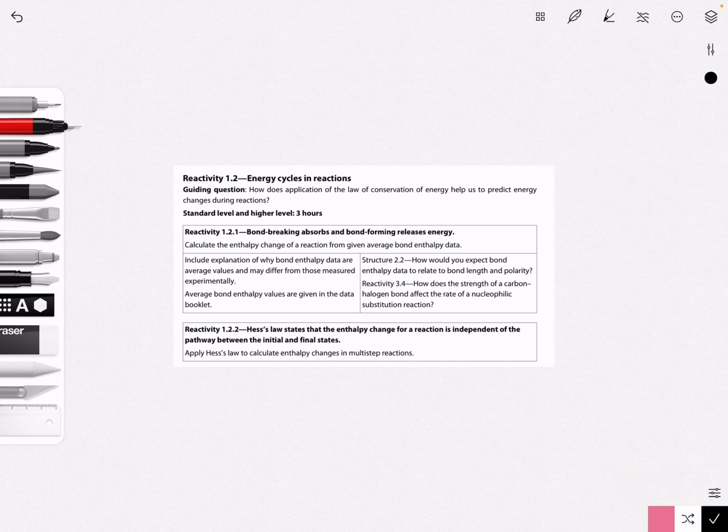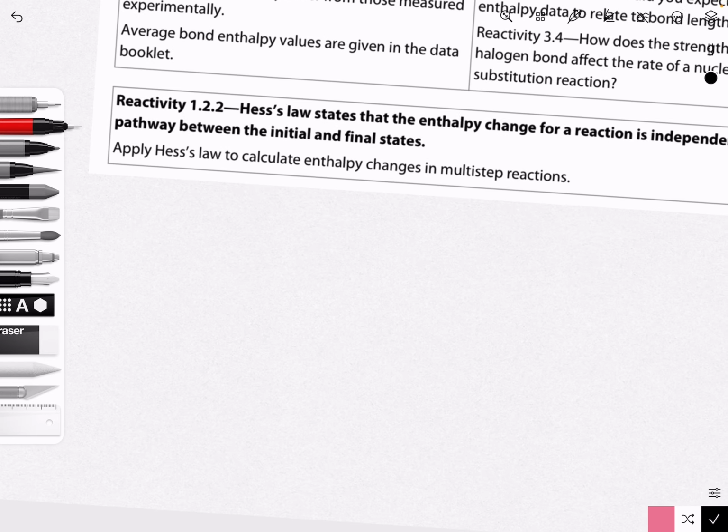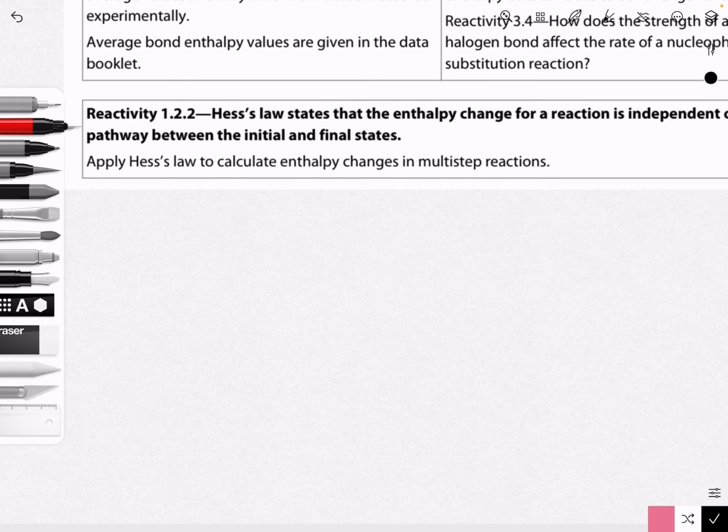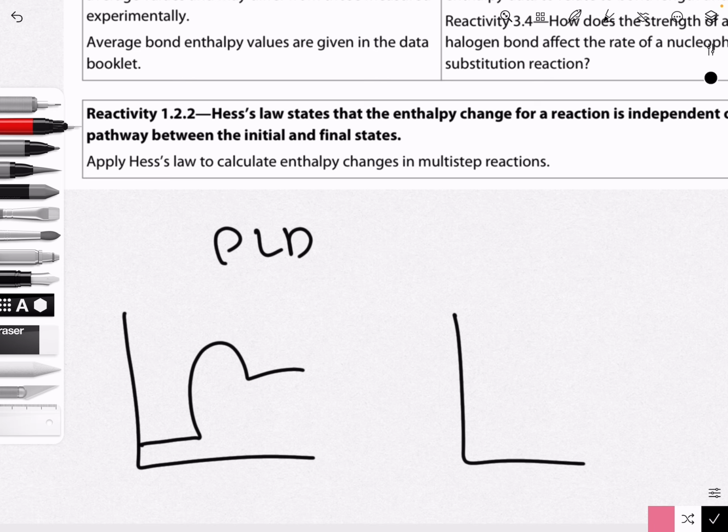Today we're going to be looking at energy cycles in reactions under reactivity 1.2. So let's just get started with a little recap of reactivity 1.1. You may or may not remember the profile level diagrams in which we see the energy which is either lost or gained by a system depending on if the reaction it has undergone was endothermic or